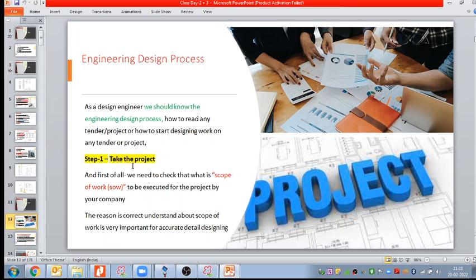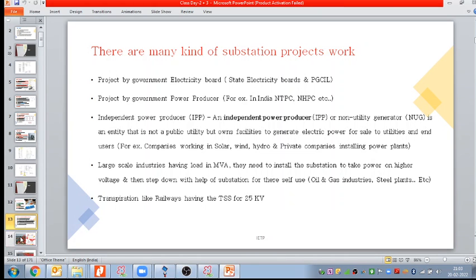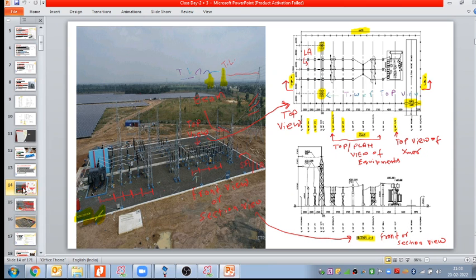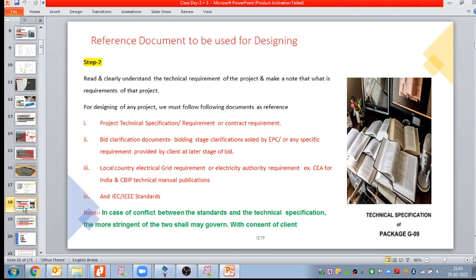So step one, take the project and go through the scope of the work, and we discuss how many types of projects come in the market, like the type of the client. That is the way we discussed yesterday. Then we discuss step number two, how to read any tender or how to read any contractor